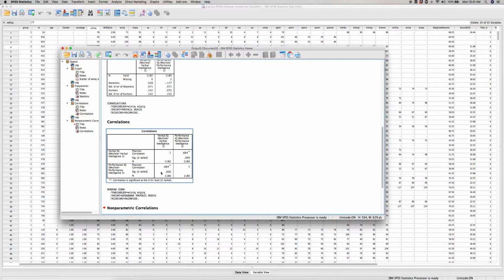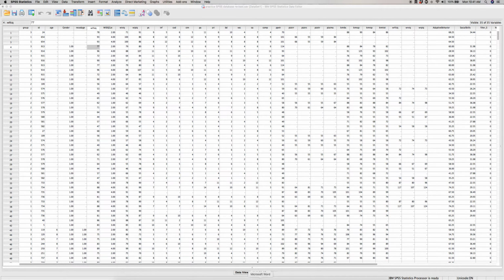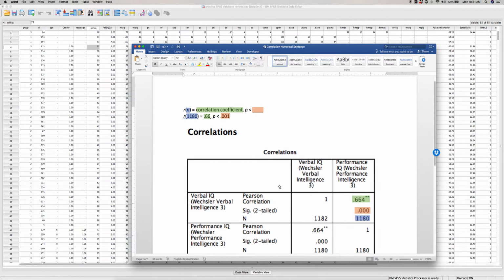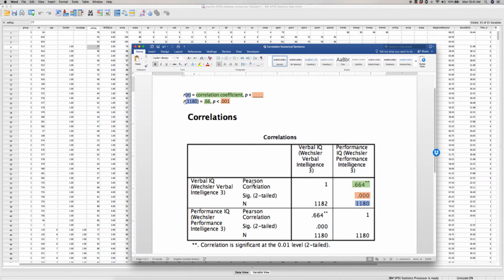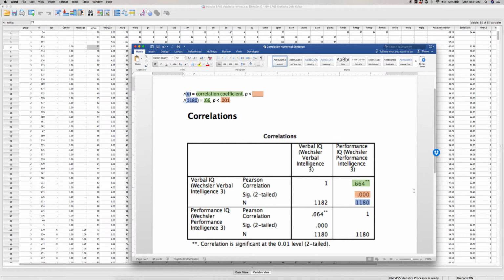So you'll see this is the Pearson table. We're going to look at that one first. That is the correct statistic for these data. You're going to want to look at this table, and I'm going to show you what that looks like over here. In order to write your numerical sentence, you'll need a few different values off this table. It actually looks like there are 4 cells here, but you're not going to use all 4 of them. You're going to use this one where your independent variable lines up with your dependent variable, or your two different